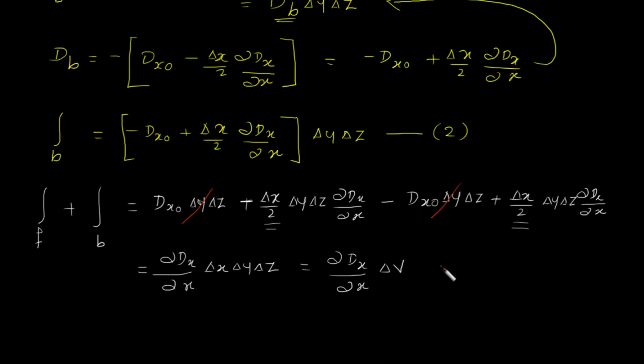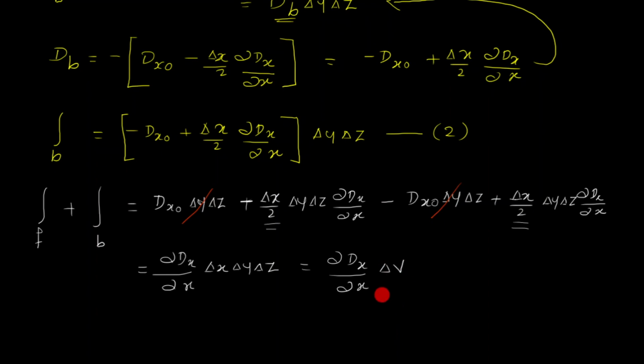Now if I consider left and right, what will it be? Left and right is along the y axis, so that will be the variation of the y component of D along the y axis multiplied by the infinitesimally small volume, because this delta v indicates a small volume, is it not?